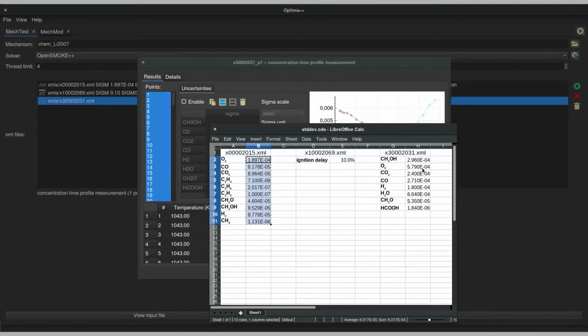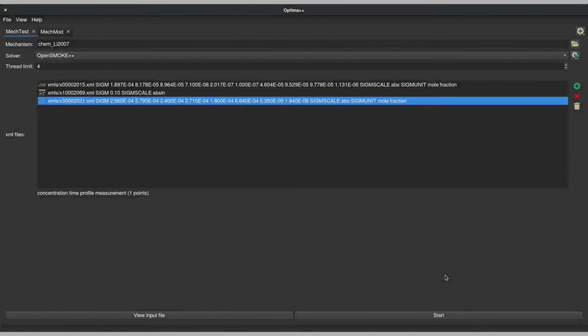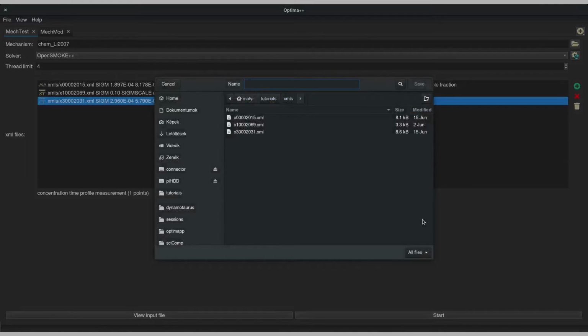I quickly copy and paste the error values here. And finally, we can click on the Start button to evaluate the calculations.